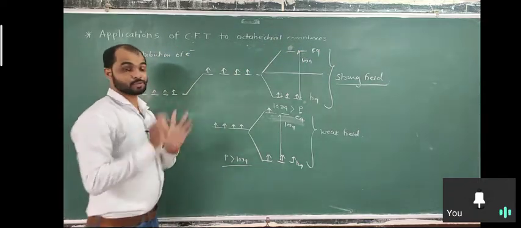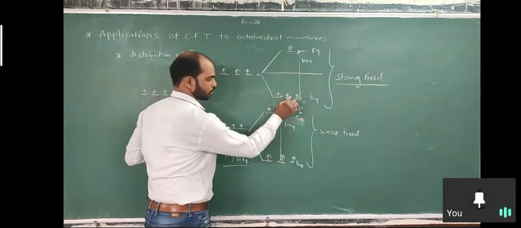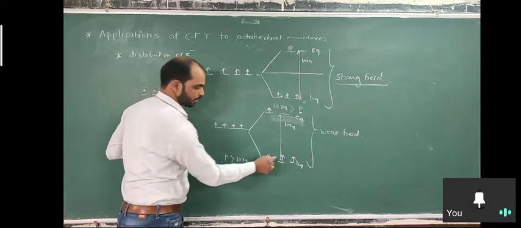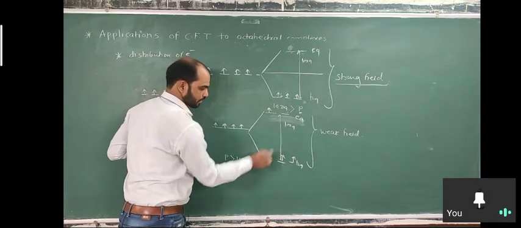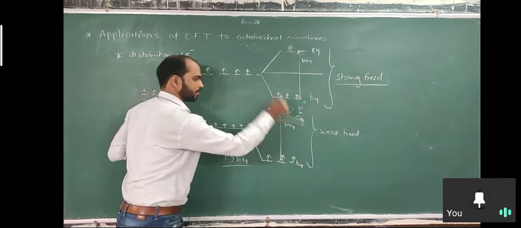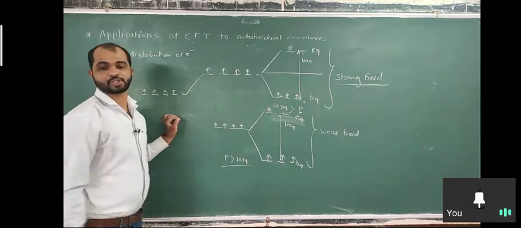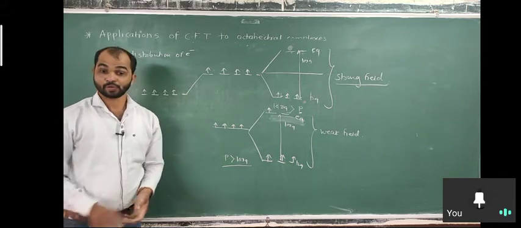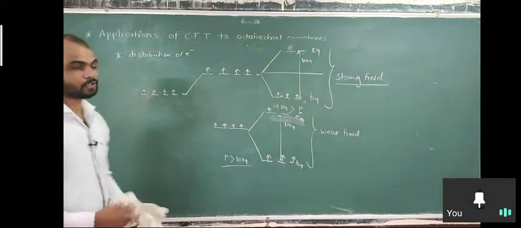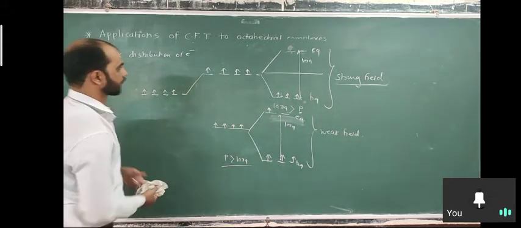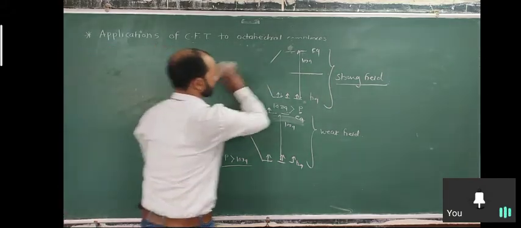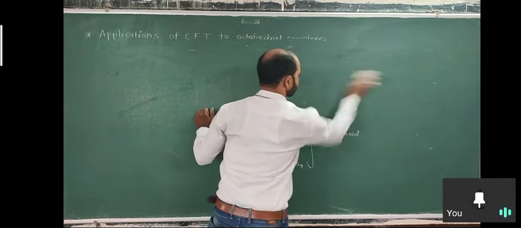So how do we distribute in a strong field? First 1, 2, 3, 4, 5, 6, 7, 8, 9, 10. And in a weak field, 1, 2, 3, 4, 5, 6, 7, 8, 9, 10. This way we distribute the electrons. So it is very interesting. And in the next point, we're going to distribute the electrons in strong field and weak field conditions. Once you understand it, you will easily understand 50% of the chapter and concept.